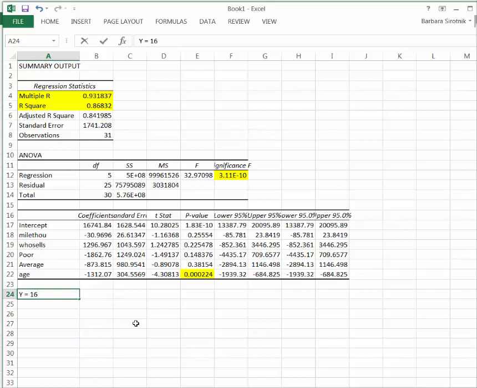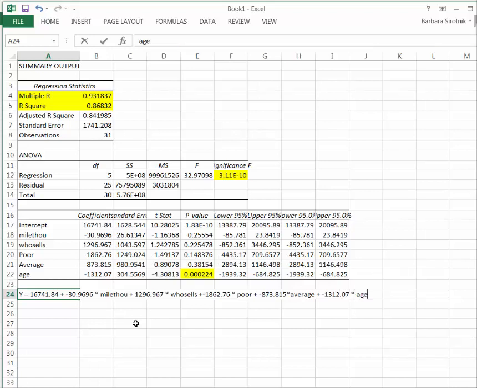It would be y equal 16741.84. That's my intercept, plus a negative 30.9696, and that's times mileage in thousands, plus 1296.967 times who sells it, whether it's the individual or the dealer, minus, or we could put it in as a plus, the negative 1862.76, and that's going to be times poor, my new variable, plus the negative 873.815 times average, and then finally we get to the thing that's actually good, my negative